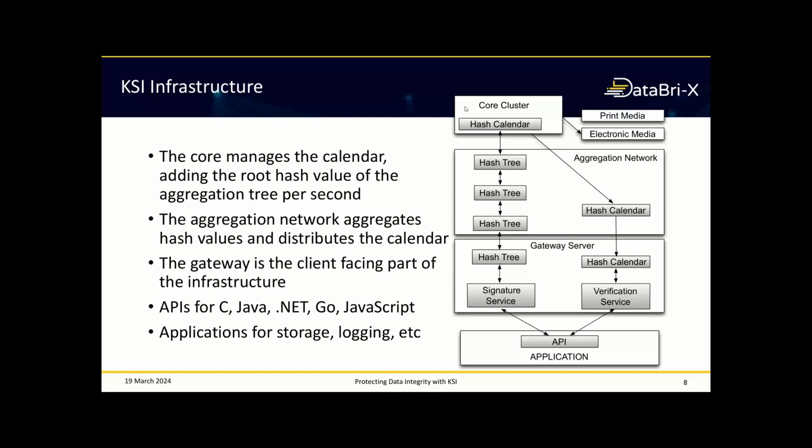And adding and linking this new hash value into the index only takes a few tens of hashing operations, which are very cheap. A regular laptop can do a few million hashing operations every second. So there is really no need to have a cluster of servers to do those few tens of hashing operations every second. So the cluster here is only to provide service availability, so that clients would not lose